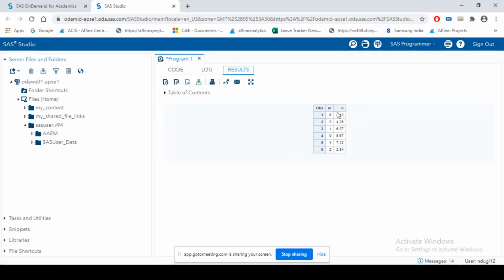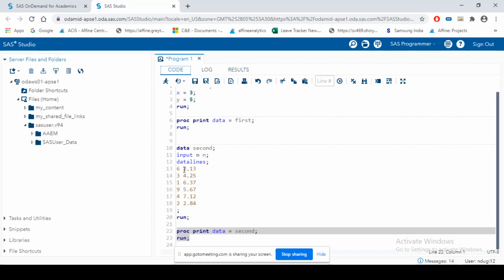Okay, we can see our observations of m and n. There are 6 observations here, 6 rows, where we have the variables m and n, right? Both of these are continuous variables. There is no categorical variable in it. Everything is continuous or integer, right?